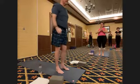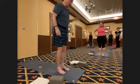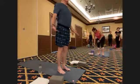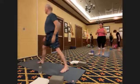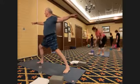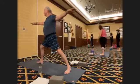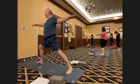Okay, so now we're going to do a warrior 2, warrior 1, warrior 3. So you're in Tadasana, giant step back with your right foot towards the back of your mat, and come into warrior 2. Sink down in, nice and deep. Get your arms